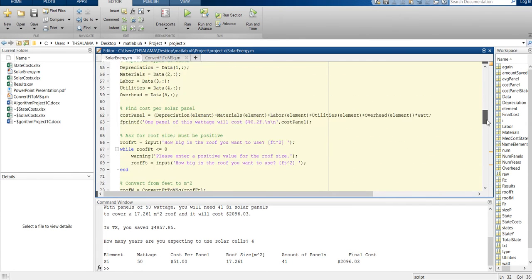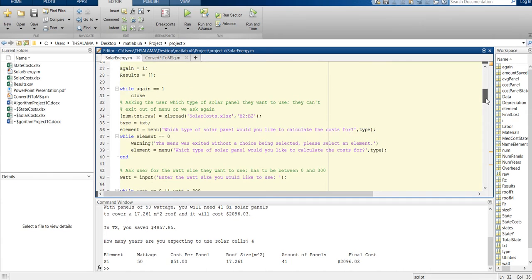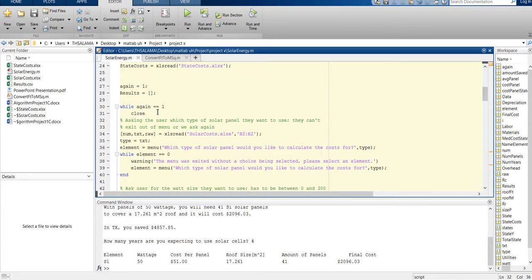Now let me go back to the beginning of the code. So I explained the very first while loop. Now we're gonna ask the user which type of solar panels they want to use. We're gonna ask them in a menu input statement. Here we did our menu input statement for which type of solar panel they wanted to calculate, and then this